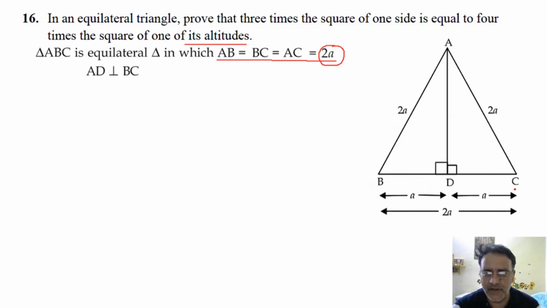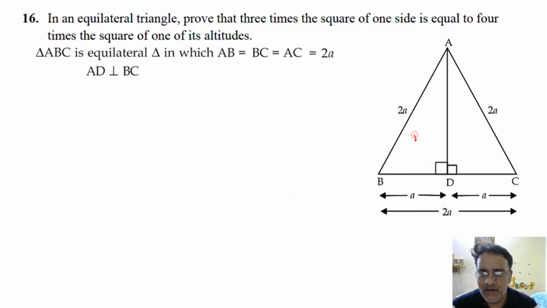Okay, so see, this is the figure. AD is perpendicular to BC, and we know that the altitude of an equilateral triangle bisects the base. So base will be A. Now if you take A here, you have to take fractions here. Again you have to subtract, you have to multiply, you have to handle everything. In your answer you have to handle fractions. So in order to avoid that fraction, we took 2A, an even multiple of A. Okay, clear?